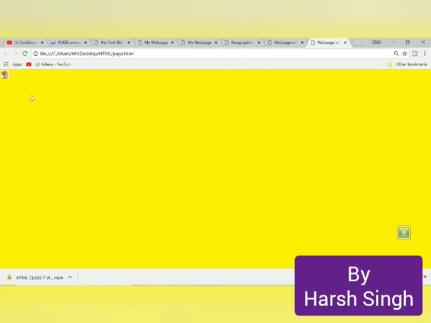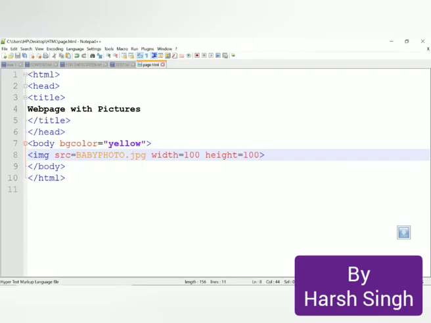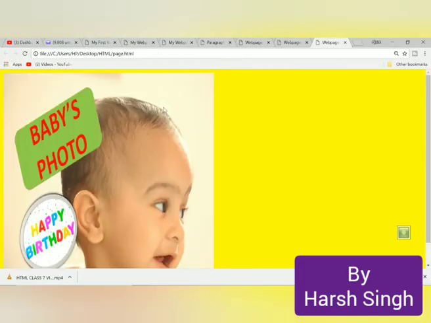So this is the size, very small size, but you can change the size every time because the image is very large. So let us make it 500. Control S, then run. So this is how the size can change.